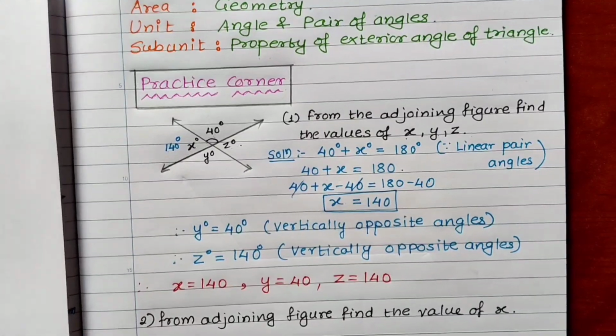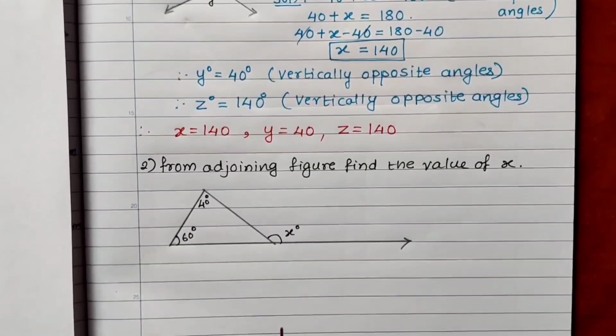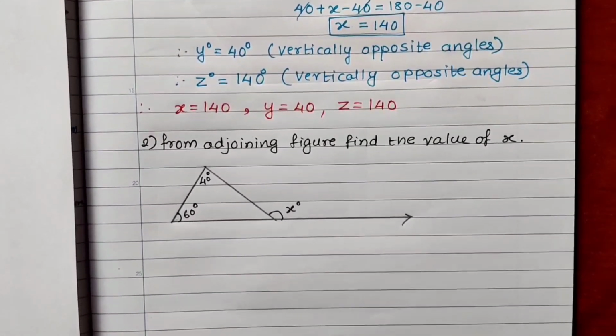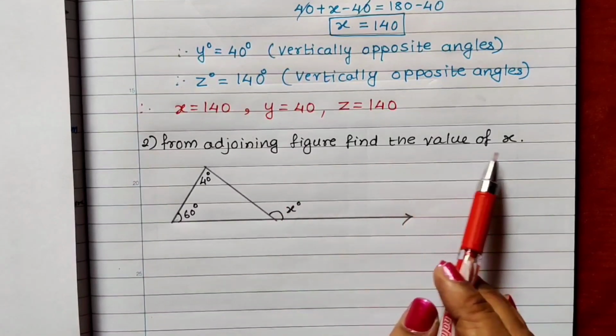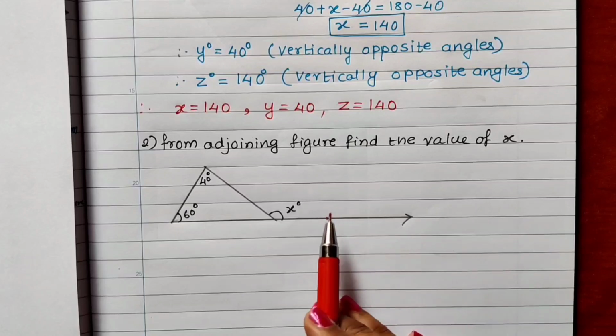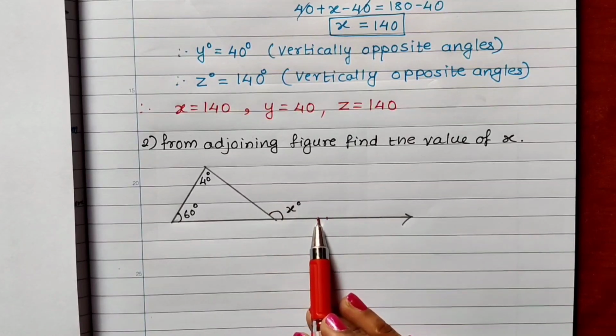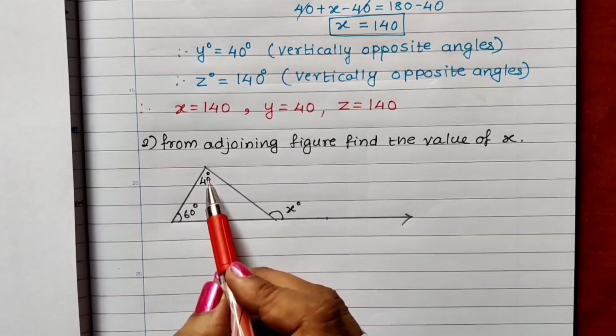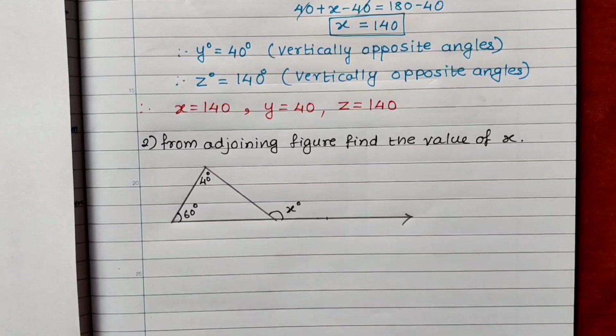Now let us see the second figure. From the adjoining figure, find the value of x. X is an exterior angle of the triangle, and we all know the measure of an exterior angle is equal to the sum of the measures of the two remote interior angles. So we write here